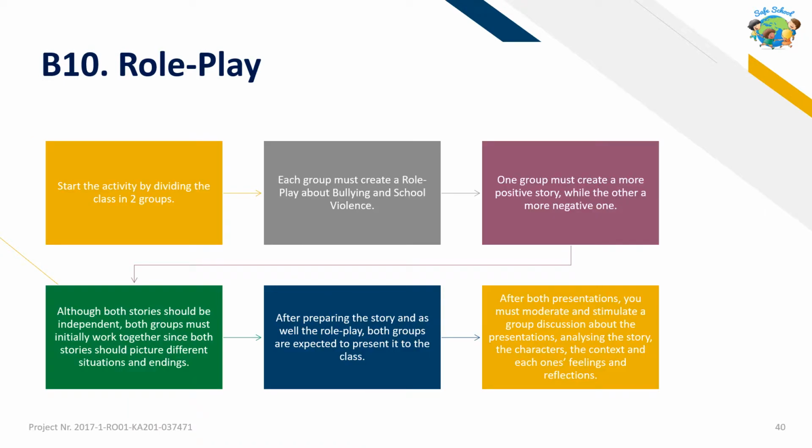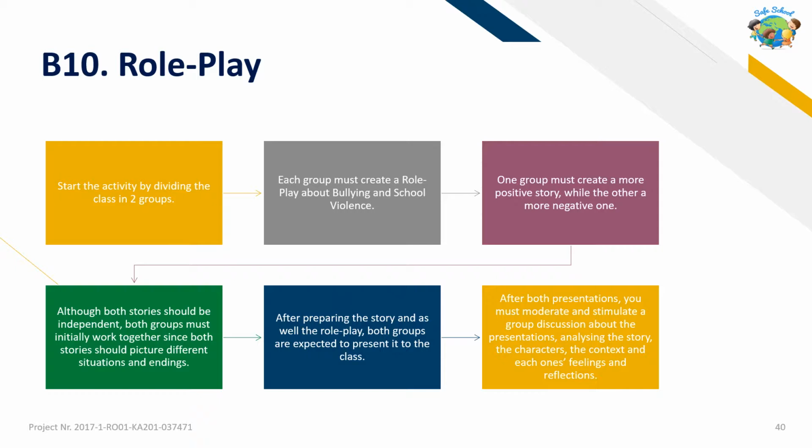The facilitator must start by dividing the class in 2 groups. Each group must create a role play about bullying and school violence. One group must create a more positive story, while the other one a more negative one. Although both stories should be independent, both groups must initially work together since both stories should picture different situations and